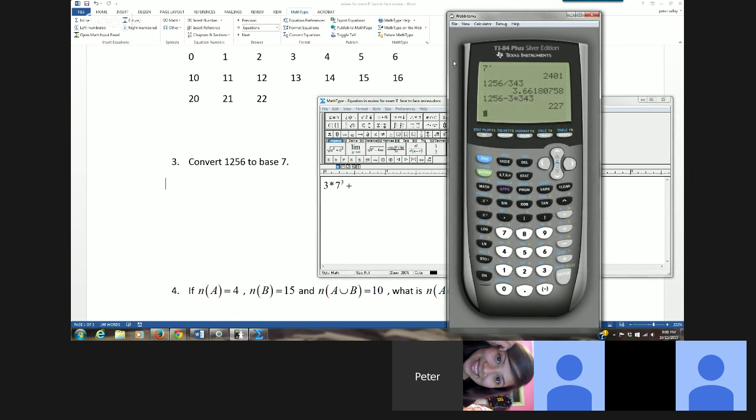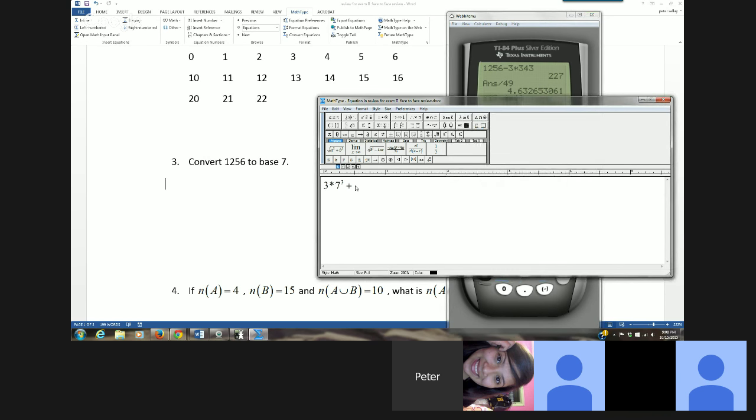All right, now I'm down to 227, so I want to think about 7 squared. How many 7 squareds can fit into 227? Well, 7 squared is 49. So I'm going to take 227 divided by 49, and it goes in there 4 times. What's the remainder? So 227 minus 4 times 49, and I should get something smaller than 49, which I do. So this would be 4 times 7 squared, plus